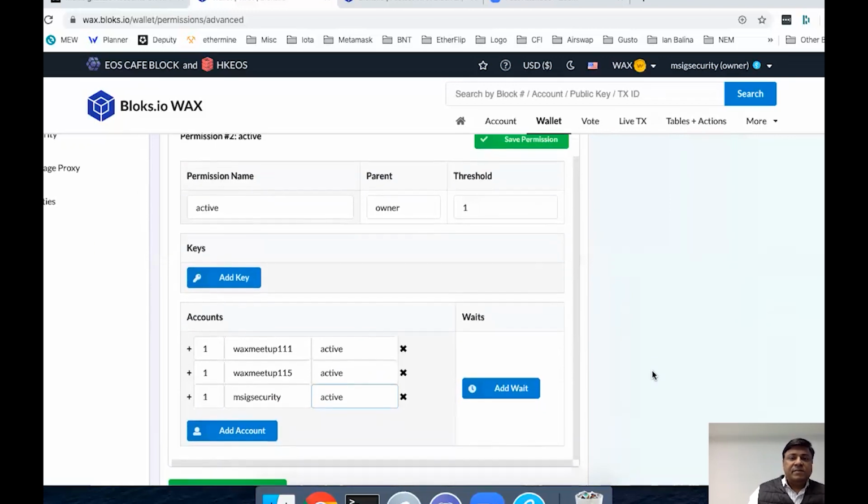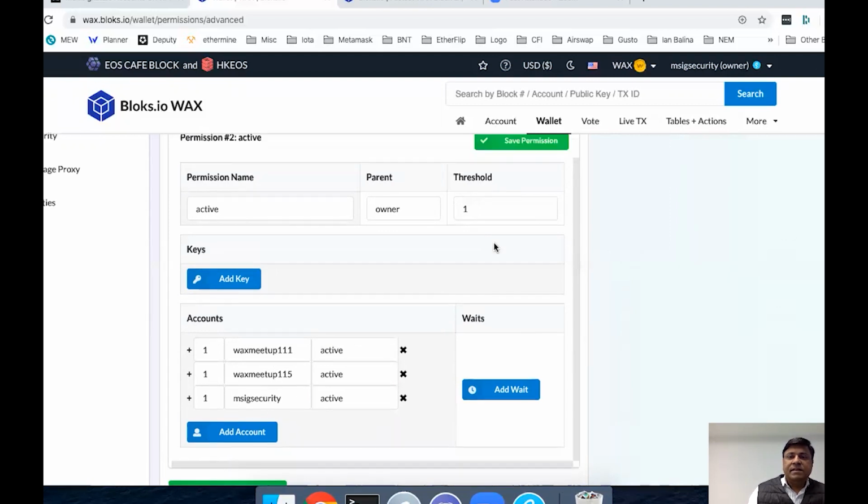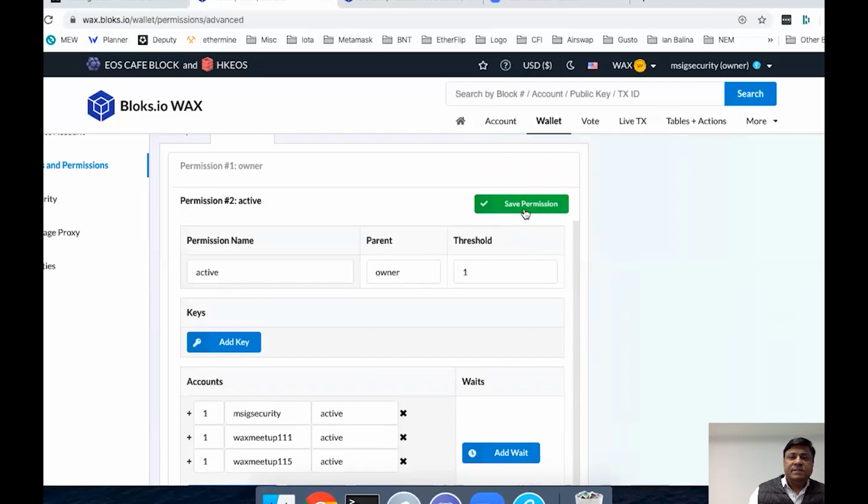Basically, I want this particular MSIG Security account to have multi-signature capability. So I am adding 3 accounts: the 111, 115, and MSIG Security account. Now let's go ahead and save this permission.